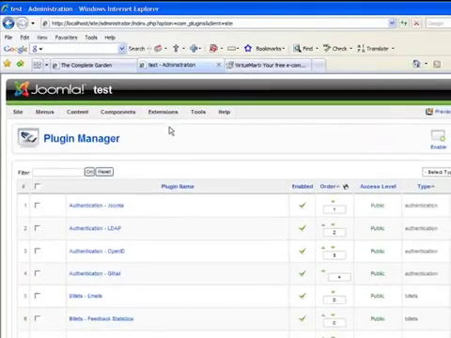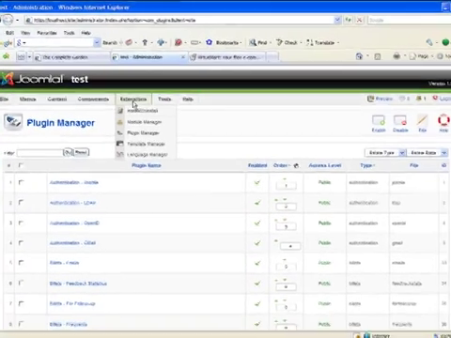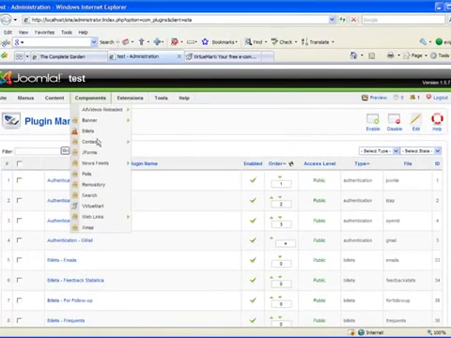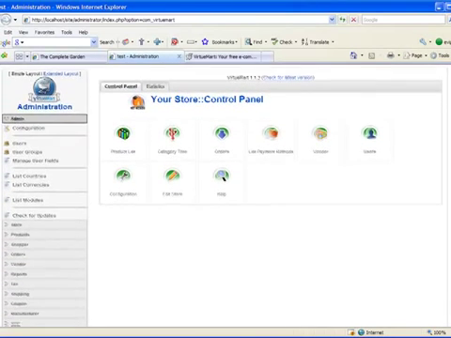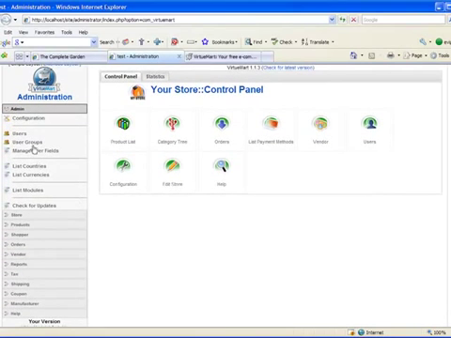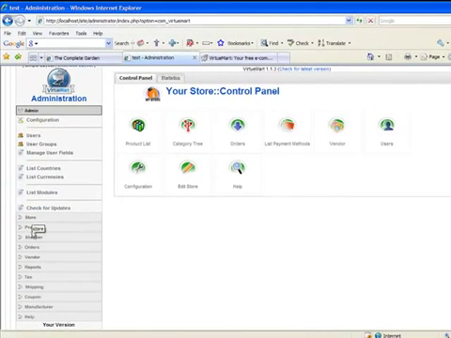I can now go to the shop itself. So if I go to components and come down to VirtueMart. The video is making this run a tad slow. There's a couple of things I need to do in here before I start adding products. The first thing is, if I go on the left hand side, under admin, you can see I have admin, store, products, and each has a set of sub-menus. If I go to configuration,